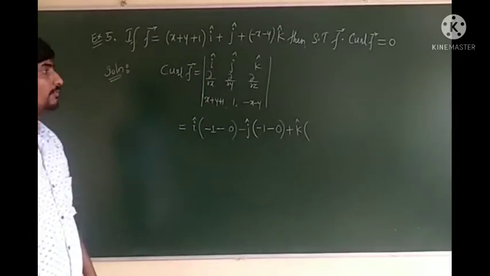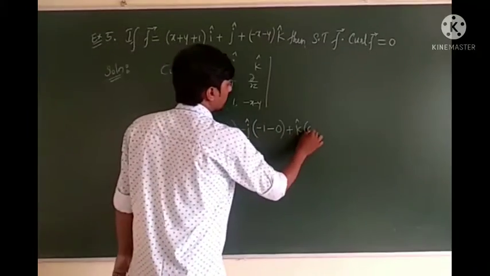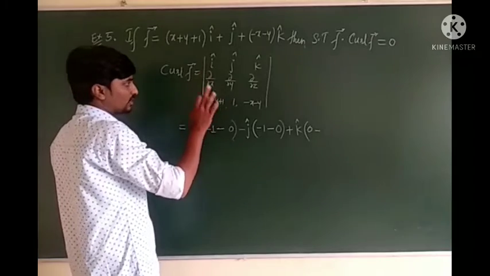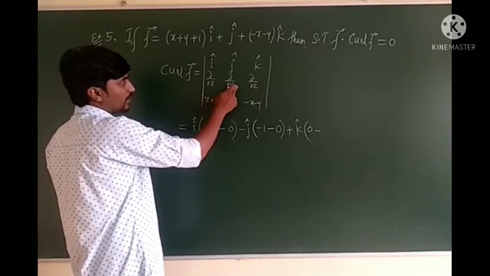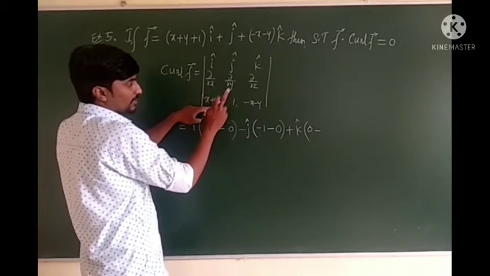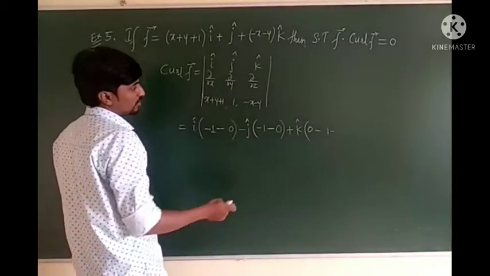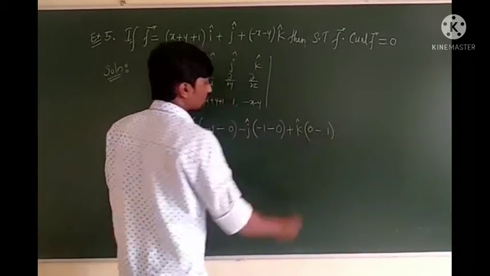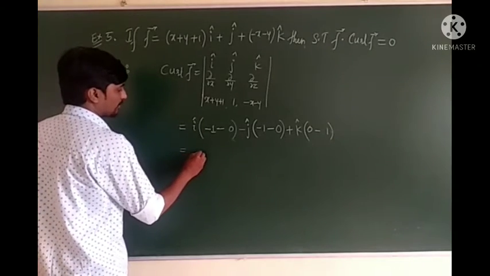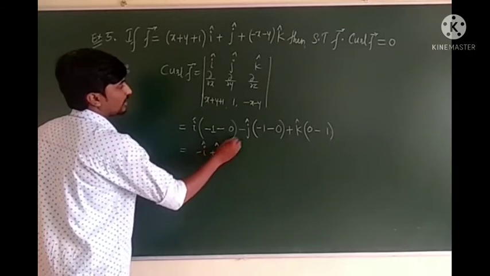So k into bracket, what do we have? This is 0, because differentiation of 1 with respect to x is 0. Next, differentiation of this value with respect to y: x differentiation is 0, y differentiation is 1, and differentiation of 1 is 0. So don't write the value. So this is the value of the curl of f here. Now simplify this. It will become minus i cap, plus j cap, and it will become a